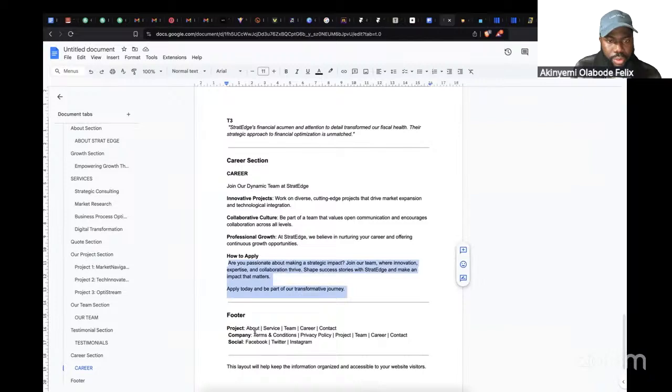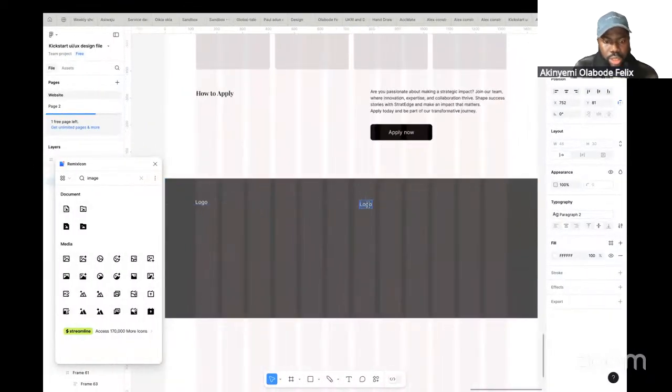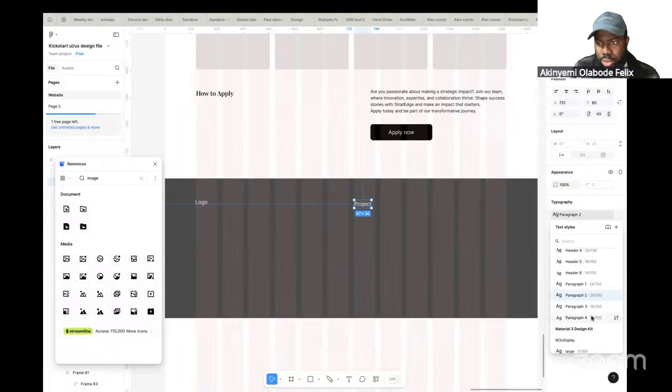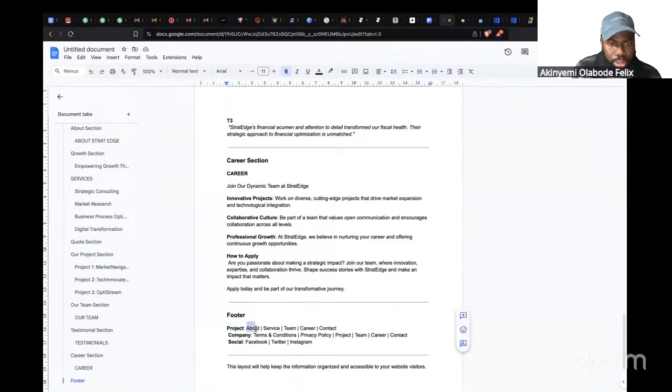They have project section, company section, and socials. So let's start with this project. Then the project should be a little bit bigger. Then this sub project text should be like this. So we have about,